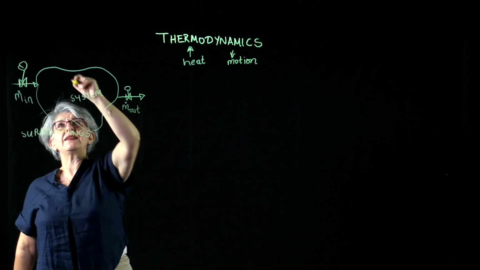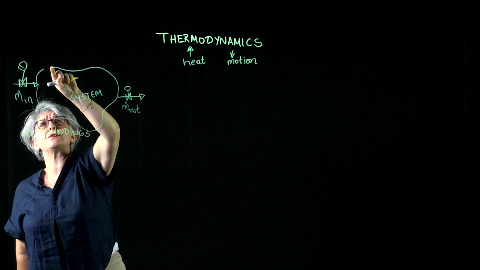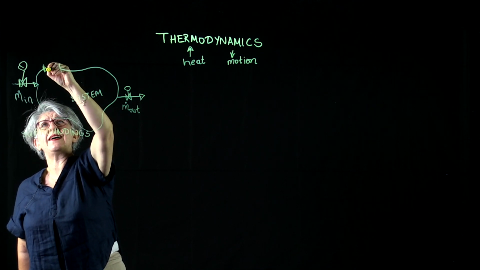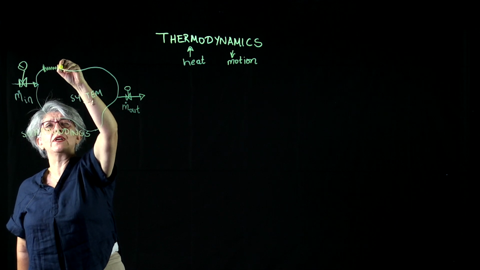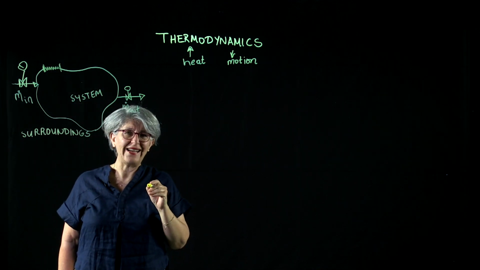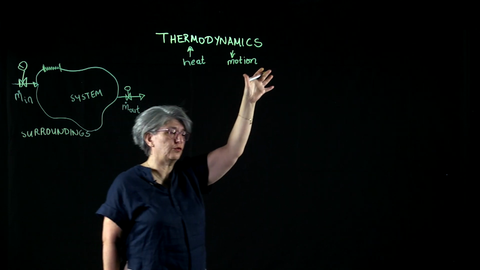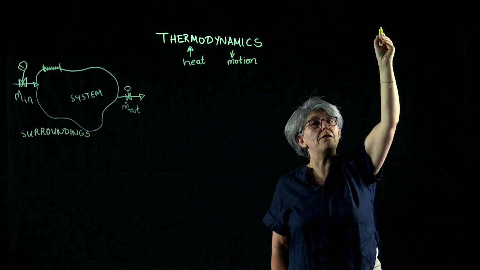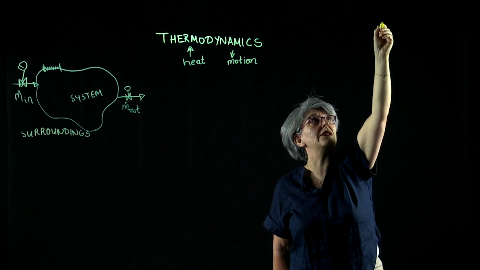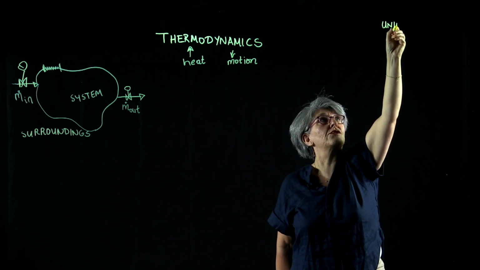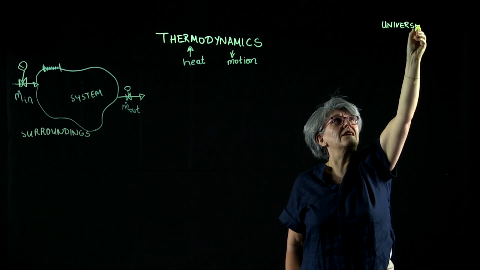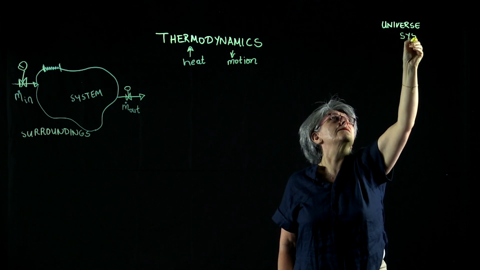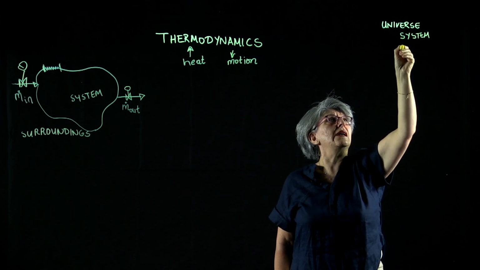Number two, my system interacts with its surroundings by heat exchange. In other words, I might have a conducting wall or what we call a diathermal wall. And I'm going to build my vocabulary here for your reference. My first term that I wish to be remembered is the universe. We divide the universe into a system and the surroundings,